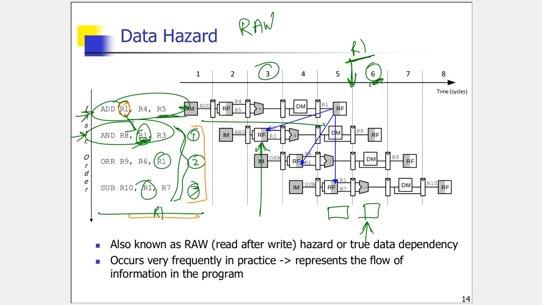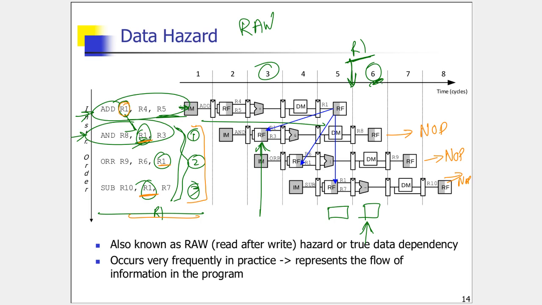So if you want to be absolutely safe, you have to make sure that the following 3 instructions do not change anything. They are essentially useless instructions. So that's what we call NOPs, no operations. In order to ensure the correctness of your program execution, the following 3 instructions have to be NOPs if there is a potential of a data hazard.